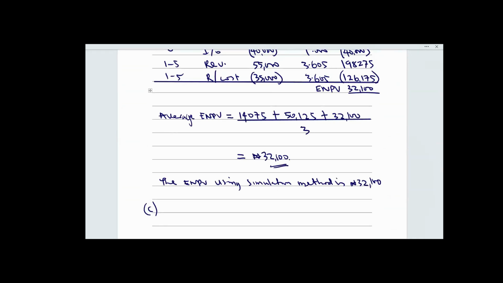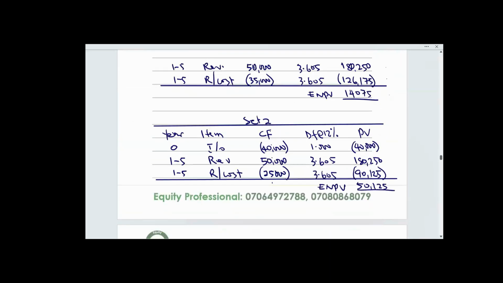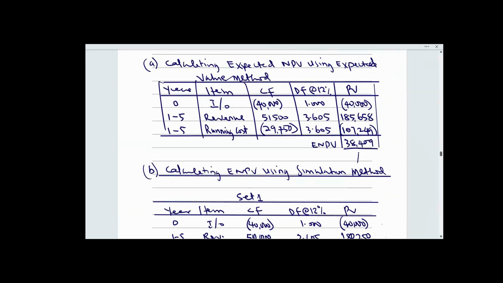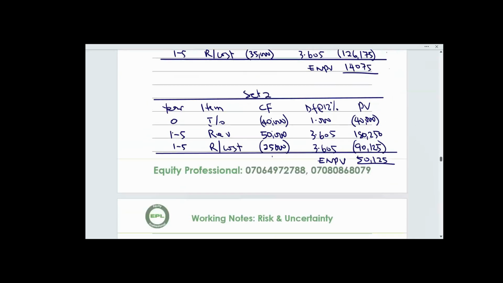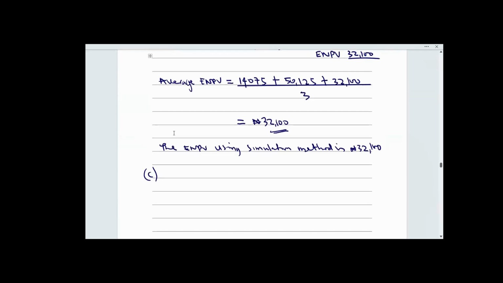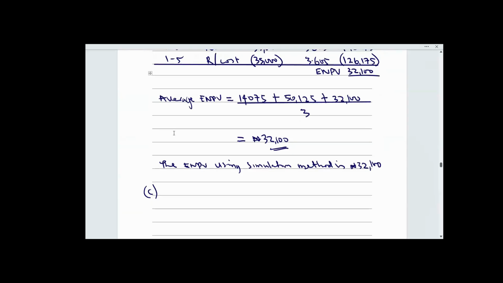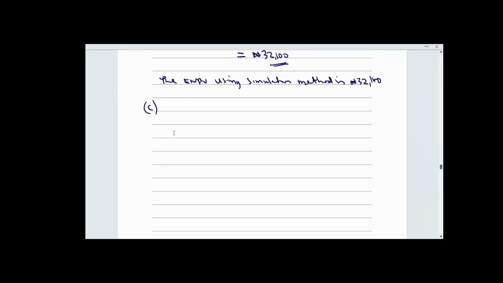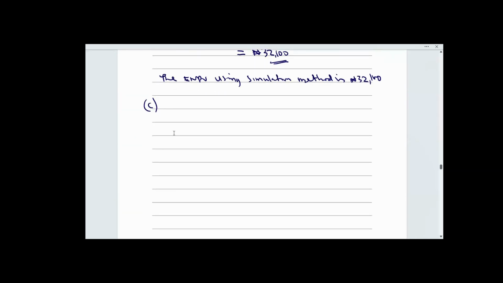All right. So in A parts, we calculated expected NPV of 38,409 naira. In B, we calculated expected NPV using simulation and we got 32,100. Why are they not the same? It's the same expected NPV, but why are the figures different? All right, because of time. So your response should be that